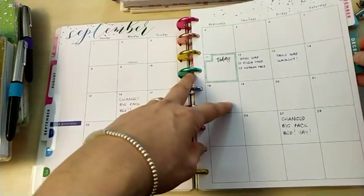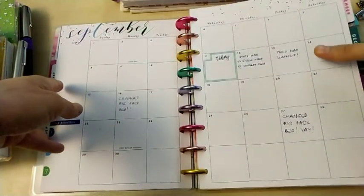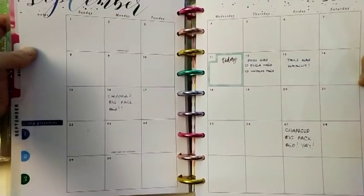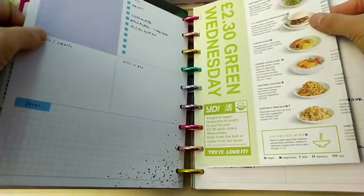And it worked well for that. The only issue was that I felt like it was kind of bulky. And that's really my issue with the classic size Happy Planner in general, is that it's a little bit big and bulky. And so it stayed on the table in our living room, and that was fine. But I kind of felt like it wasn't,